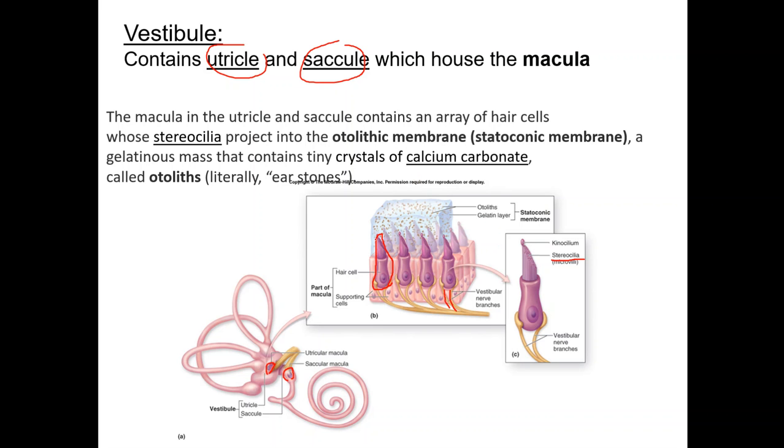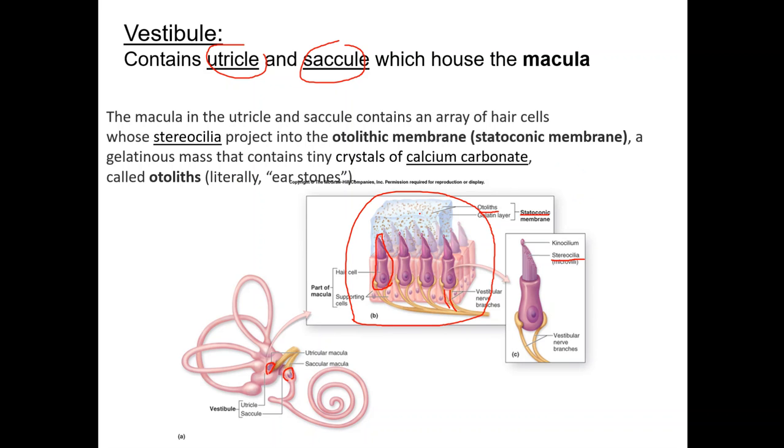And so looking at the macula, which is this structure here, we find these hair cells, as I told you, which have the stereocilia. Now, these are in contact with a membrane known as the statoconic membrane, which has a gelatinous layer containing special little crystals of calcium carbonate known as otoliths. And basically, these otoliths mean ear stones. They are little stones,